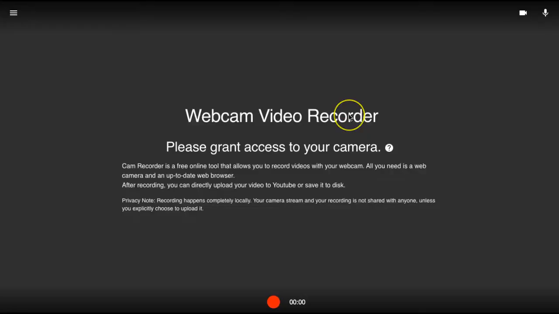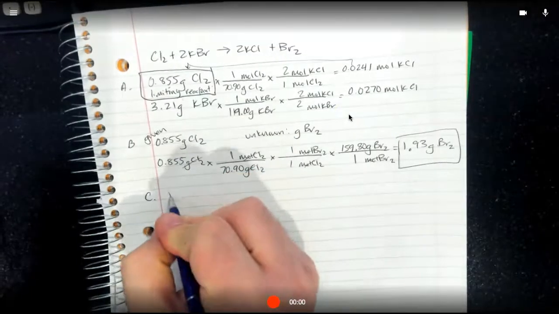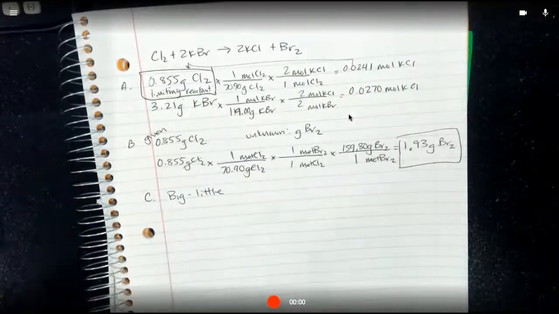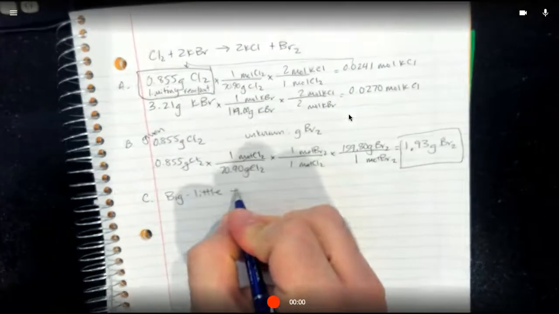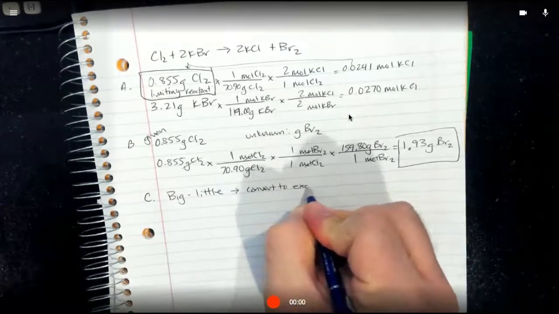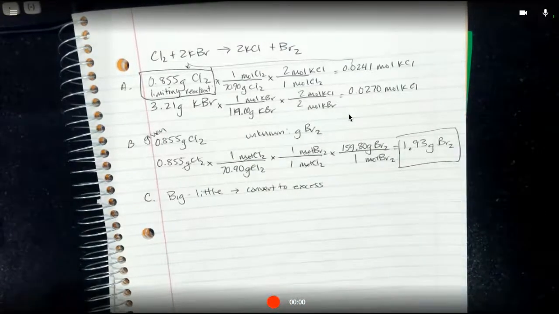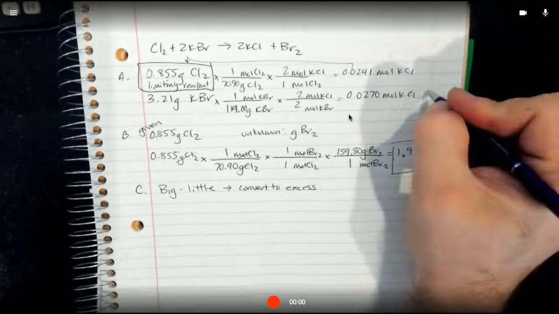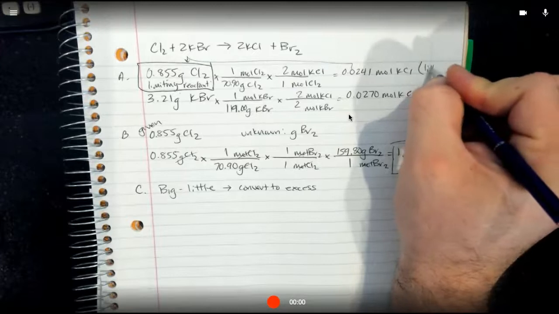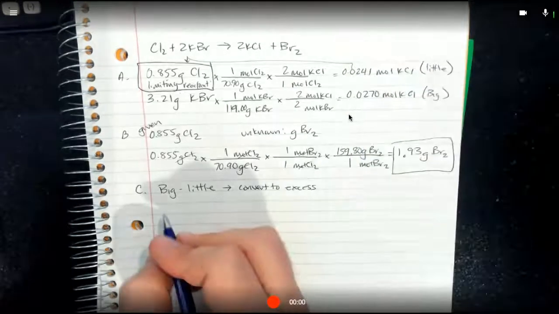So going back to this view, big minus little, convert to excess. So big, that's this value. Little, right here. So big minus little,